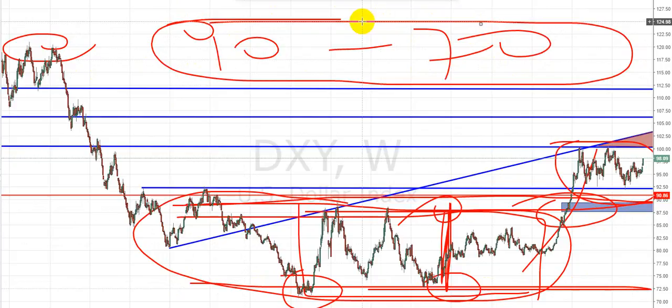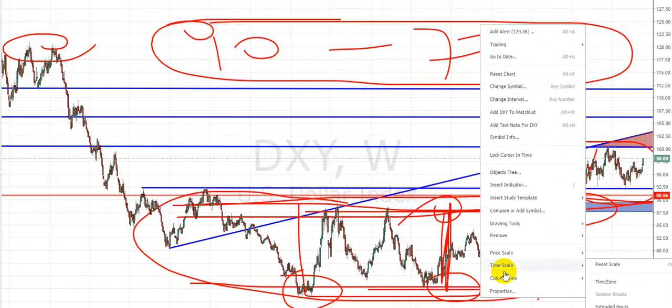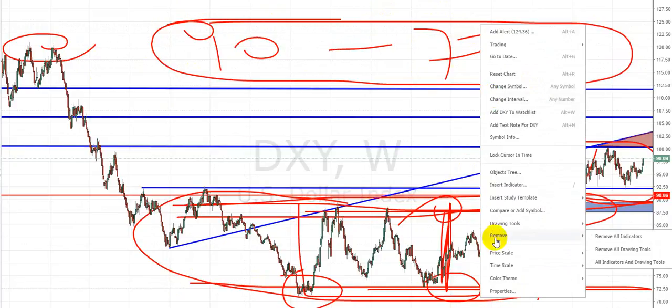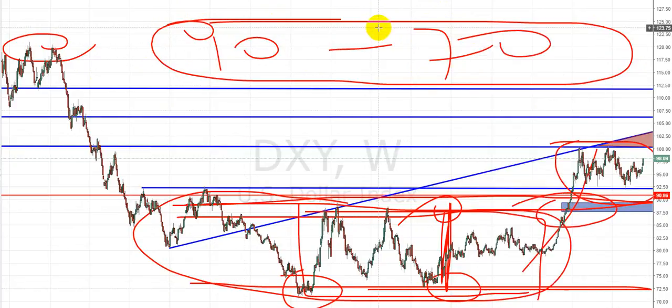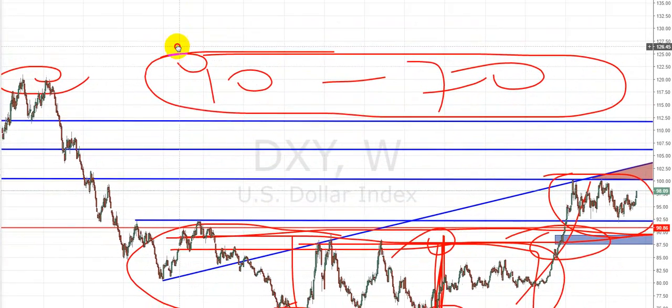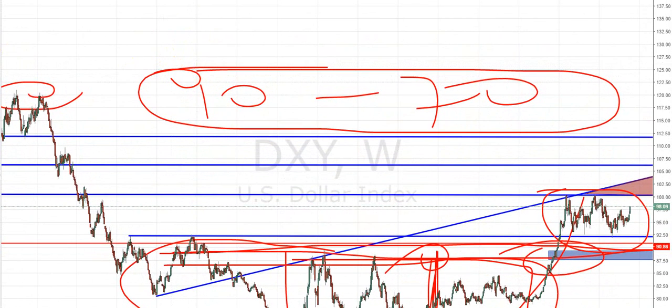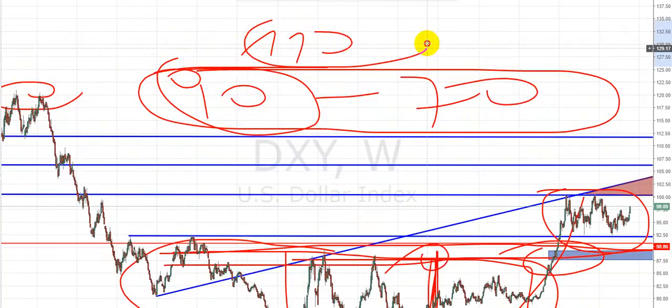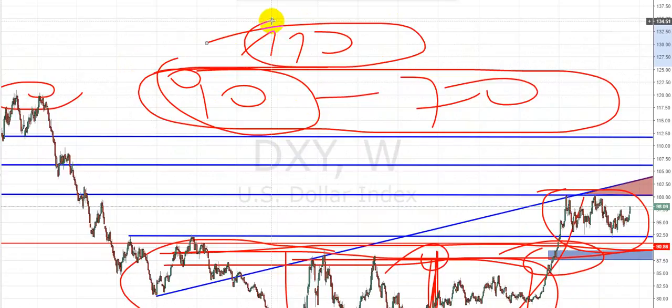There you go. So that's a 20 figure, right? So if we are going to add 20 figure to the upside, then you have 110 on dollar index. And the truth is that the important thing, guys, here,